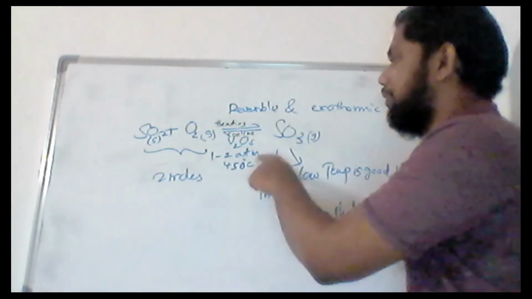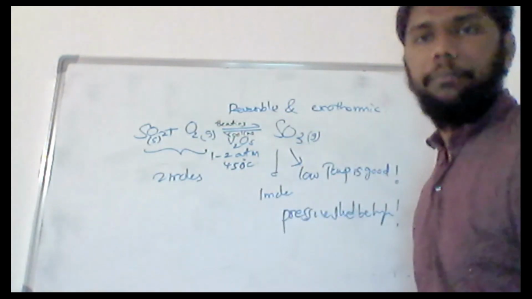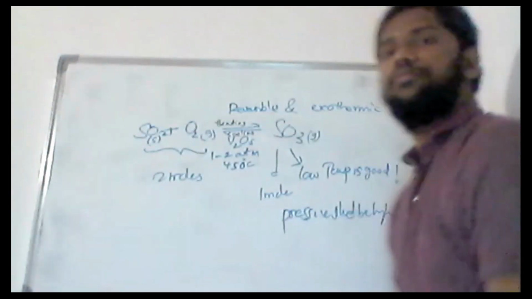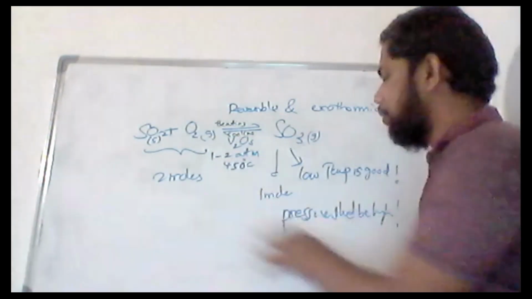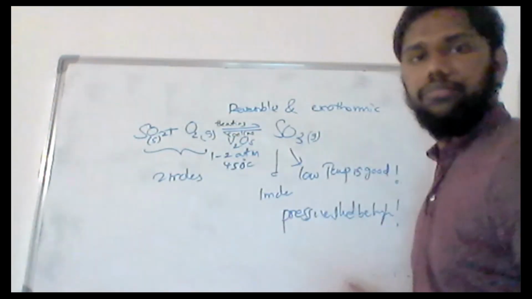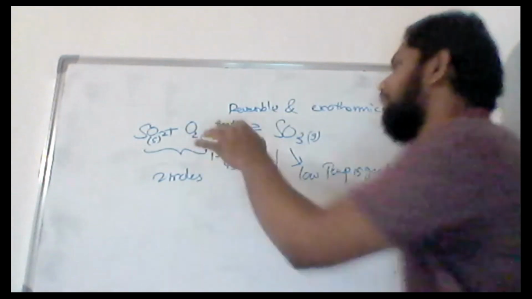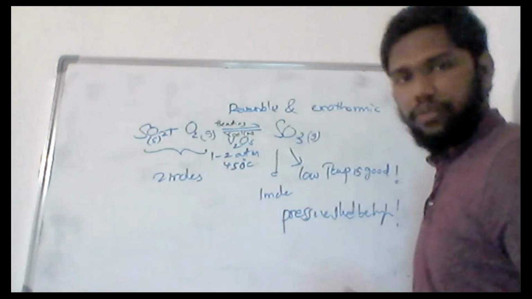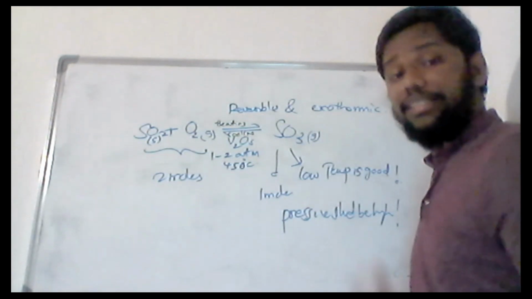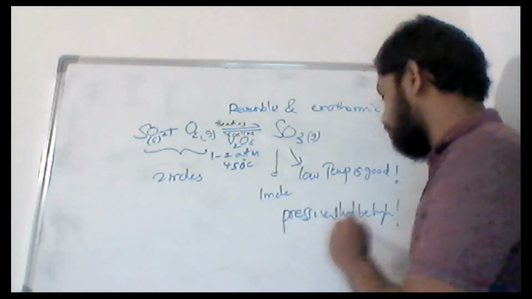But you can see still they have used 1 to 2 atm. So why is that? Okay, so here they have used 1 to 2 atm. So why is that? The reason is if you use high amount of pressure, there is a disadvantage of